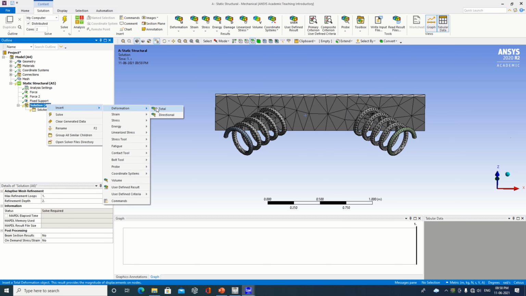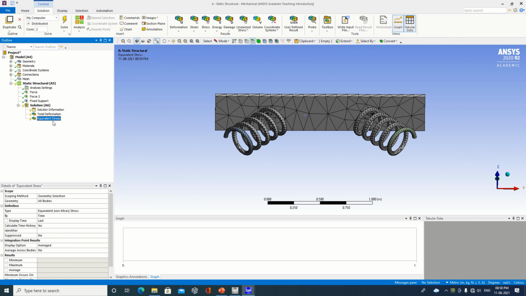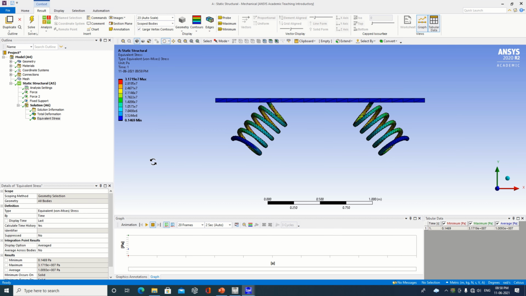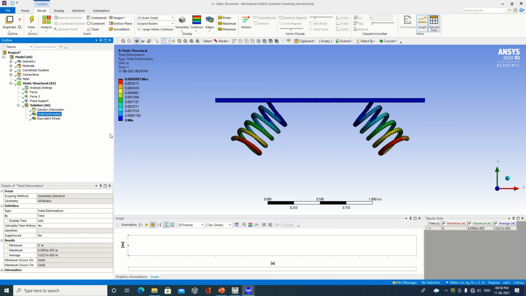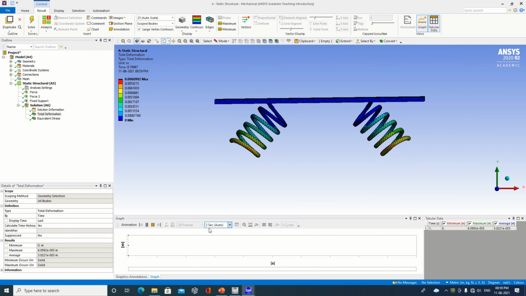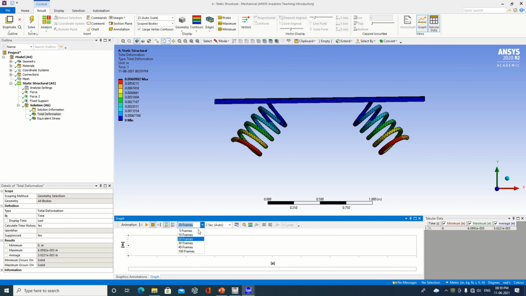Now next thing, select deformation, select the thing which you want to visualize. Now it's time to generate. So we have tried with the default mesh over here. Okay, now in front of them you are observing, right click. So this is done correctly. You can just visualize here. I will try to show you with the animation whether it is working properly or not. Yes. So make it 100 frames, then make it 10 seconds.